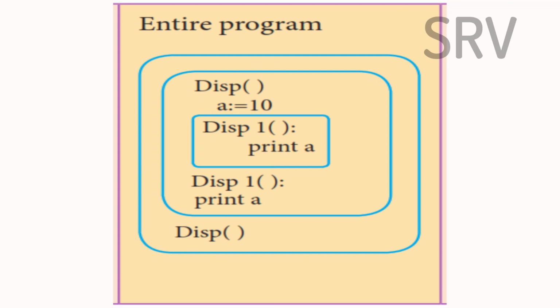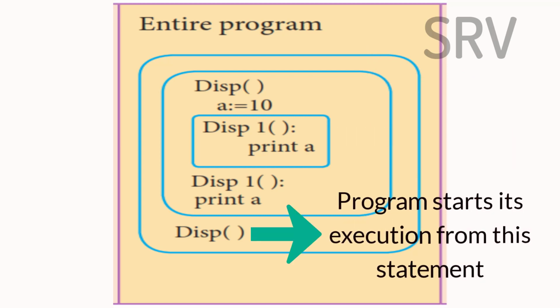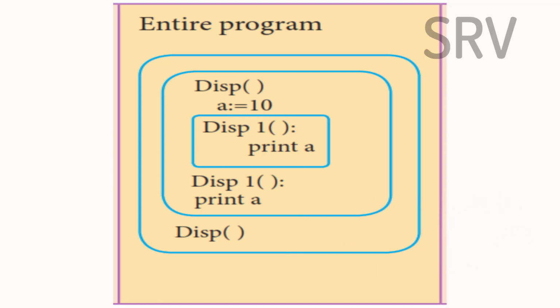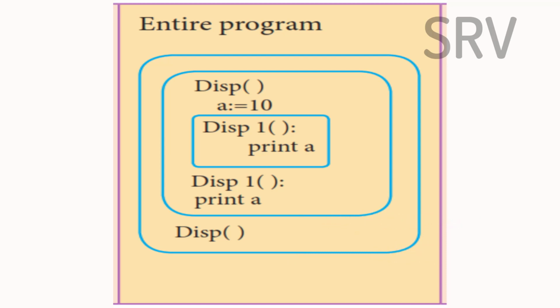Now let's see the diagram which splits the inner function and outer function. So when we try to execute the statements, first the disp function is called. Inside this box the function disp is only defined, so it never gets executed. So the first statement that gets executed is the call to the function disp. So this disp function is called. Inside the disp we have initialized the value 10 to variable a and come to the disp1 call statement. Here the disp1 gets called and goes into the disp1. There we are printing the value a.